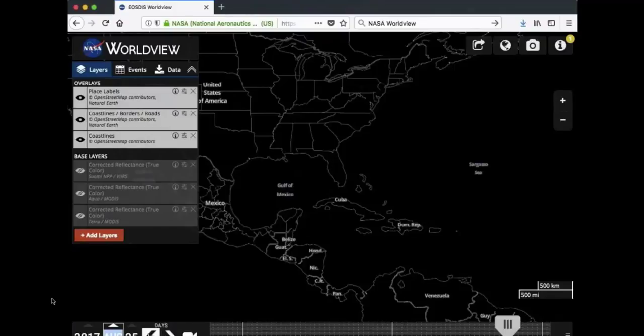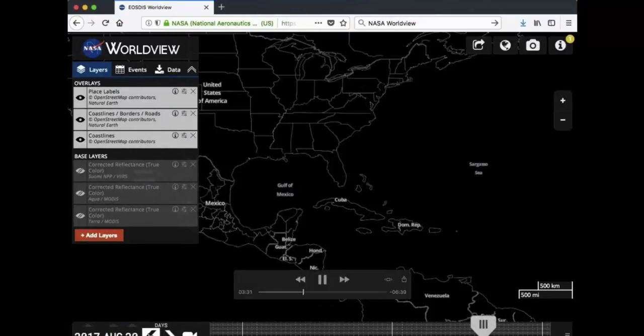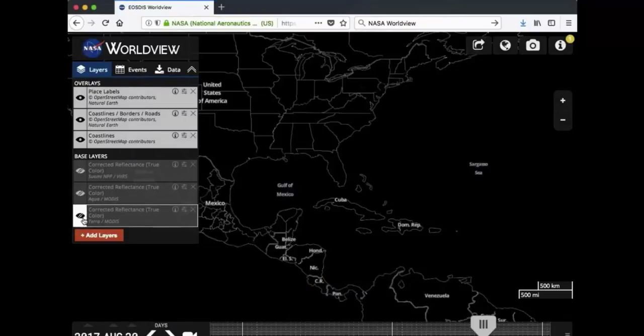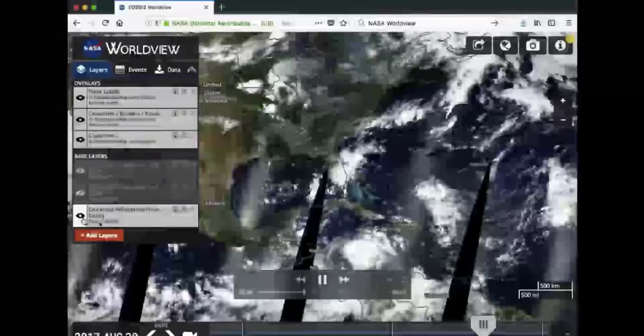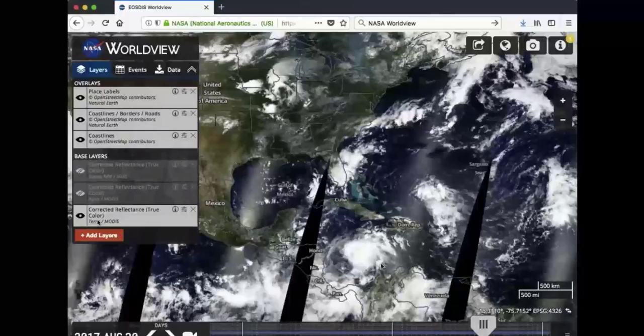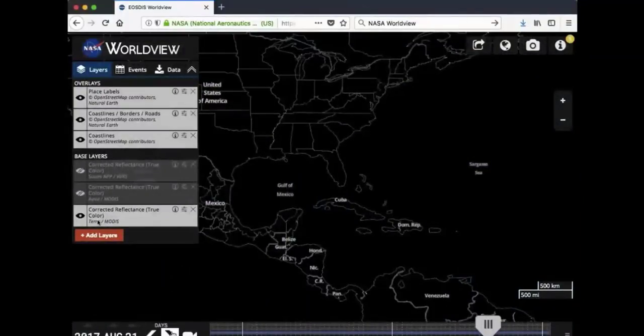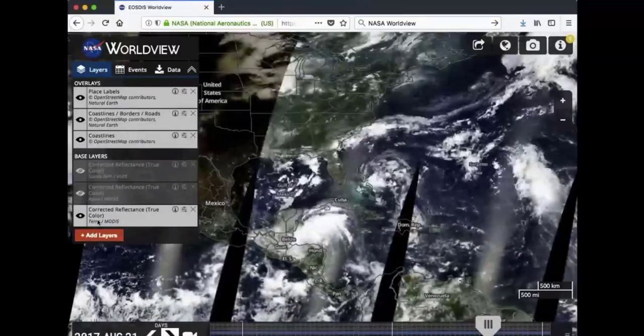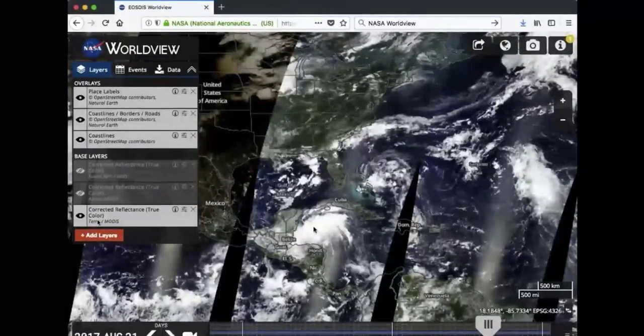And then there is date that you can change by using the arrows here or even here. So we'll start from 20th of August. Now you can turn on this MODIS true color imagery, which shows clouds. Here you can see formation of Harvey just beginning. And then when you go through different days, this is 21st,